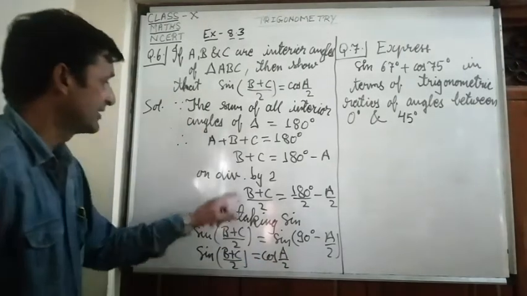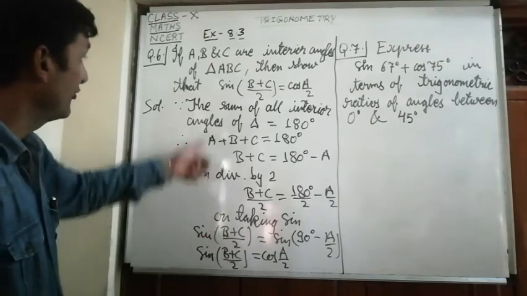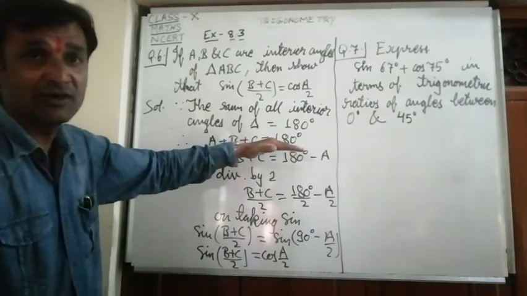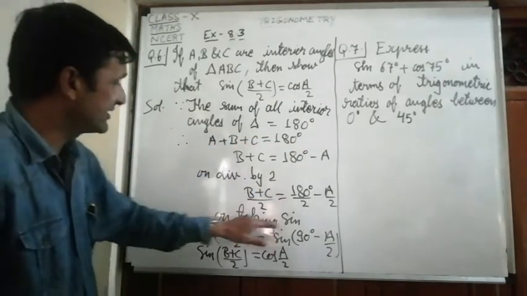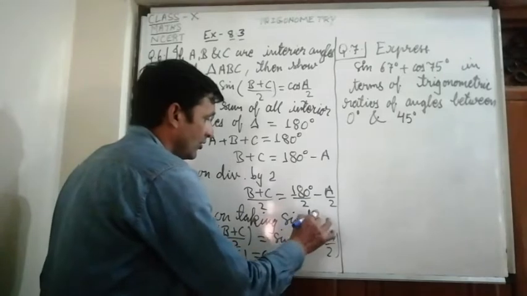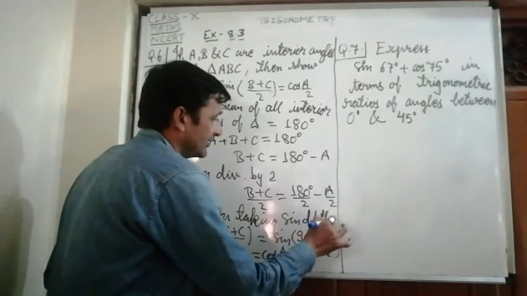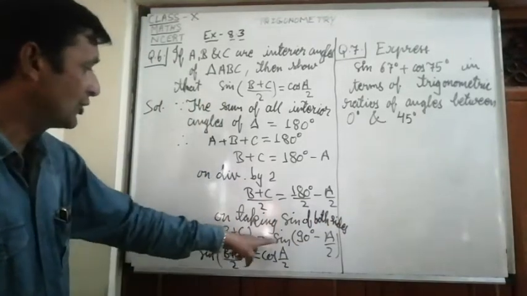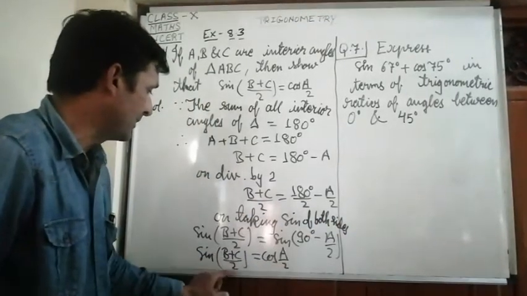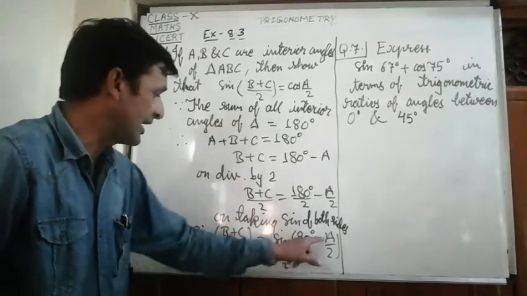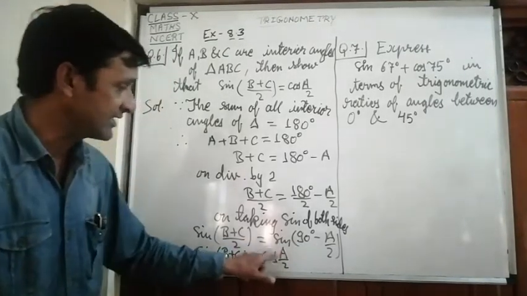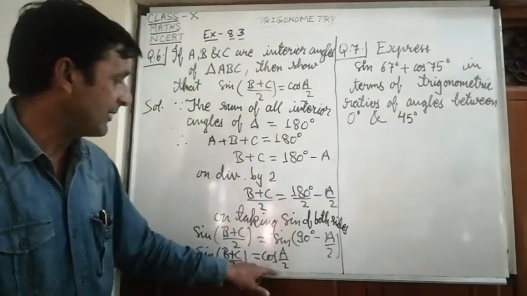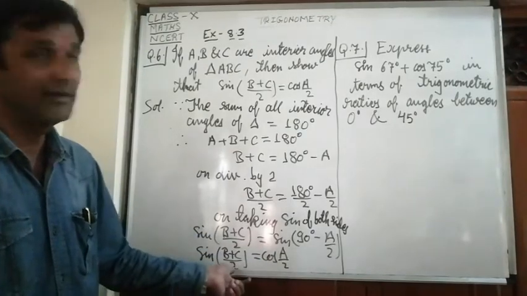We have just taken sine of both the sides afterwards. We have neither taken LHS nor taken RHS. We have taken just A plus B plus C is equal to 180 degree, and afterwards we have taken sine of both sides. That you have to remember. So this will become sine (B plus C) upon 2 is equal to sine (90 minus theta), which is cos theta. That will be cos A by 2, in place of theta it is A by 2. So sine (90 minus theta) is equal to cos theta, we can say this formula will be applicable here.